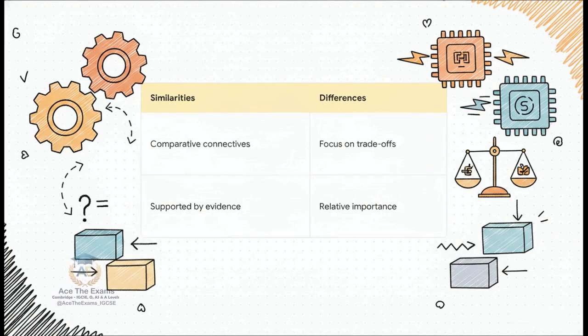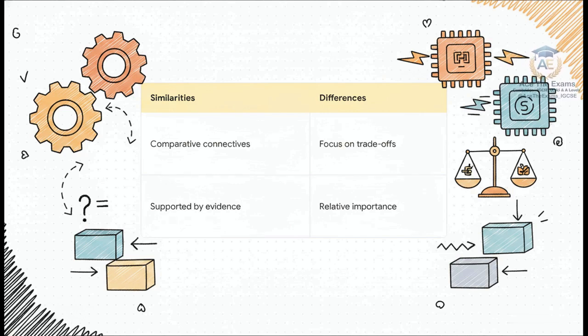Listen, when you finally get to the back of the paper, to those massive 8 to 12 mark essay-style questions, you cannot just list the cool features of System A in one paragraph and then list the features of System B in another paragraph and just cross your fingers hoping the examiner connects the dots for you. They won't. You must do the connecting for them. You need to forcefully use words like whereas, conversely, similarly, and in contrast.